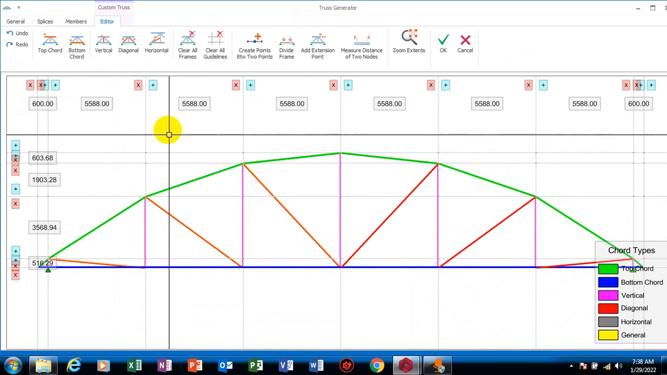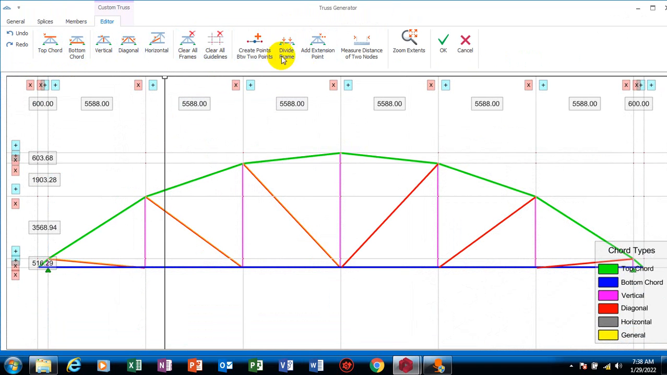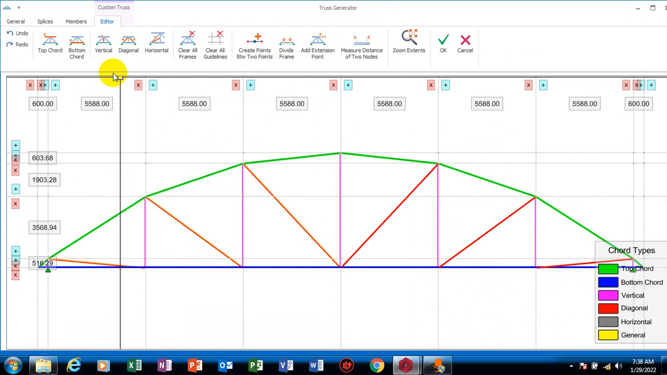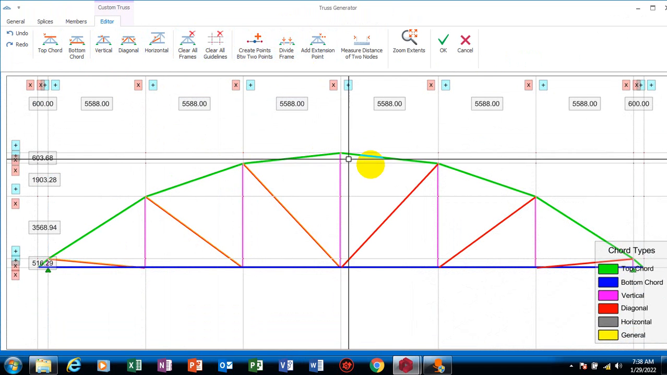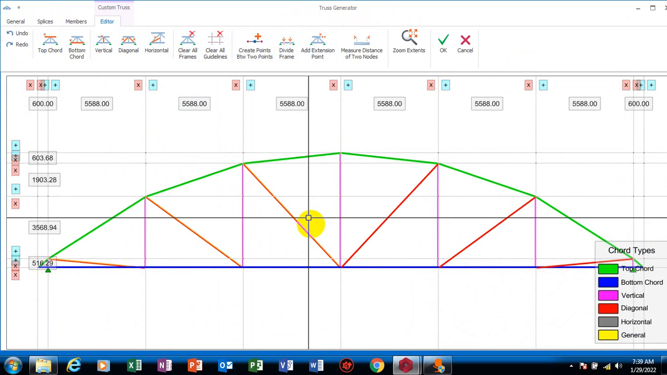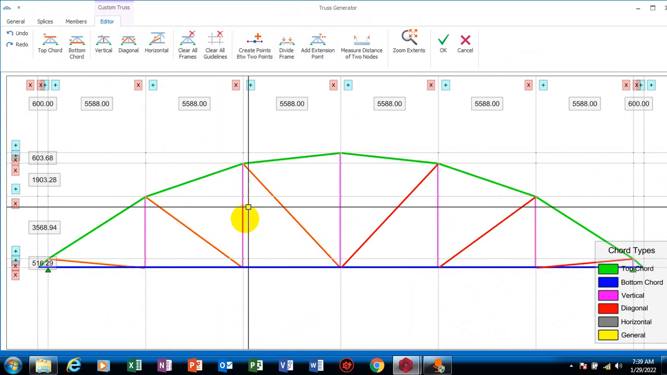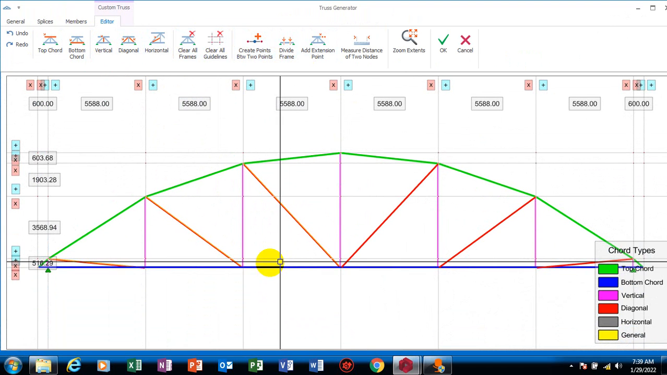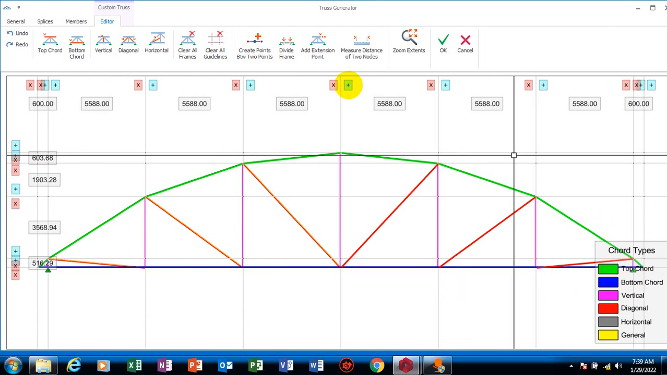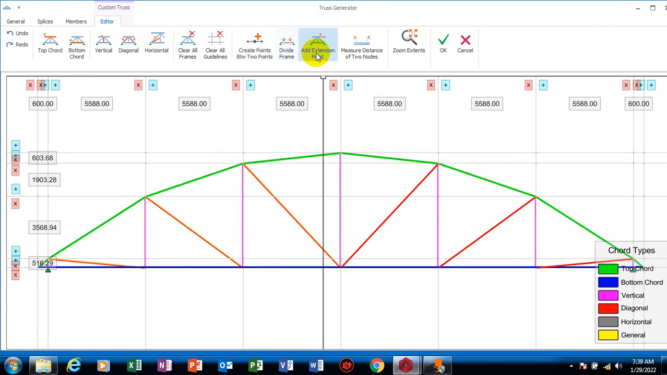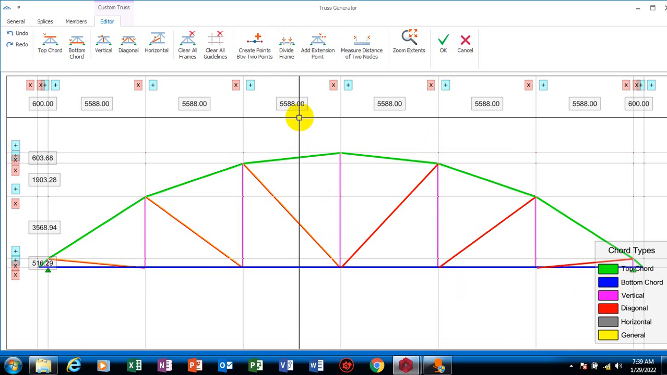Let's come to the editor here. You can see top chord, bottom chord, vertical chord, as I explain. As the name implies, the ones at the top here are the top chords. These are the diagonal chords. These are the vertical chords, and then this is the bottom chords. To play around with this,